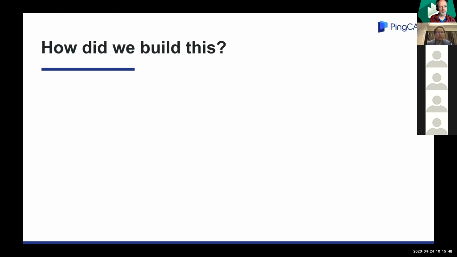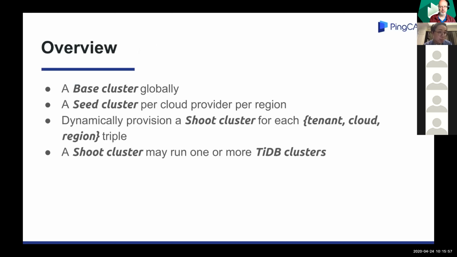So here we come to the interesting part. How did we build a database as a service upon Gardener? Let's take a quick overview. First, we have a base cluster globally, and we set up a seed cluster per cloud provider per region. For example, for the AWS US West Oregon region, we will set up a seed cluster,